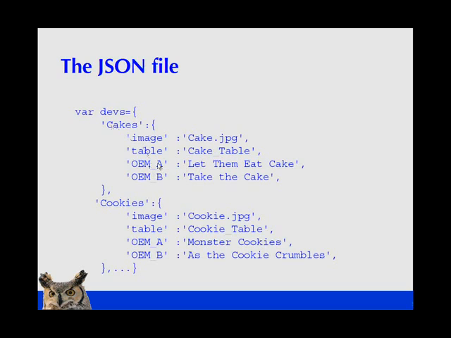And then here we have text for OEM A and OEM B. If we're indexing using cakes, then for OEM A, the name of this product or the name of the company is Let Them Eat Cake. And for the second OEM, we have the name Take the Cake. Similarly, you can see for cookies, we have a different